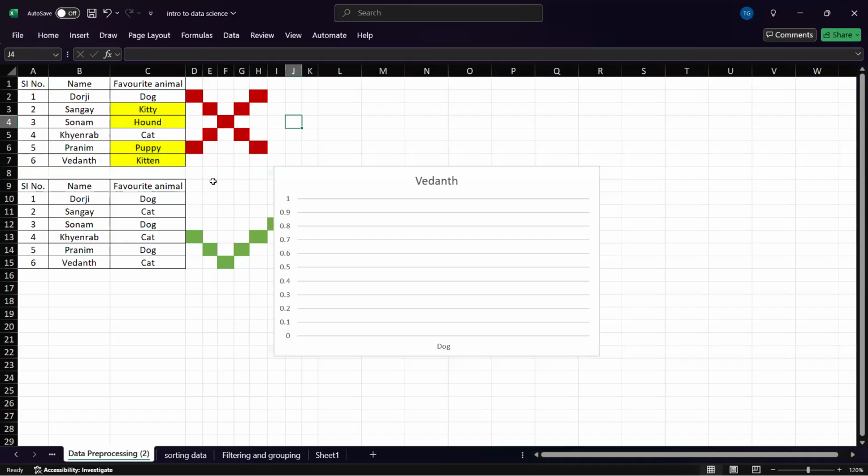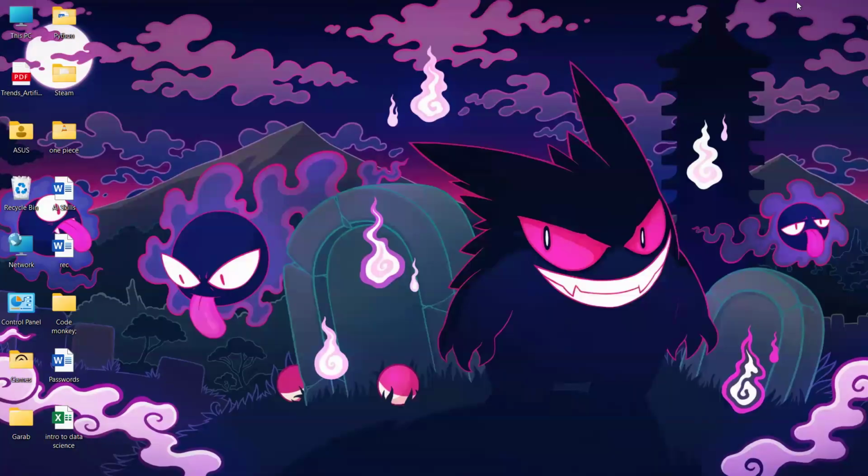If you create a bar graph with dog, kittens, hound, cat, puppy, kitten, but in reality hound and puppy are also dogs, so in reality the dog count should be three. The bar graph would be inaccurate because you just said dog and hound separately. If you do not clean your data, it can affect the analysis and